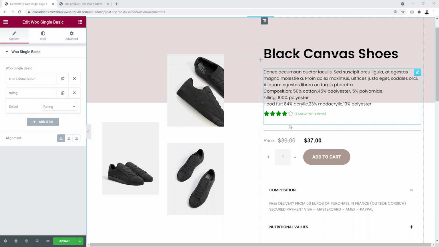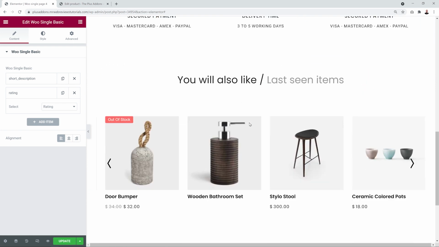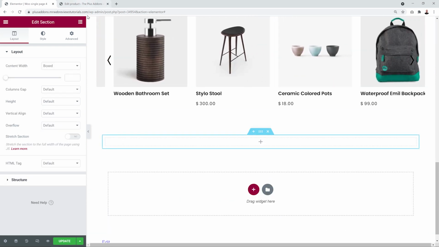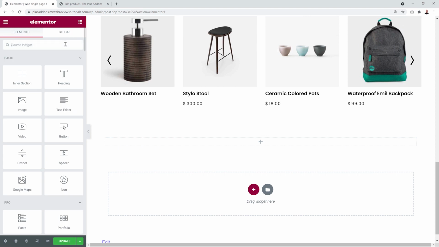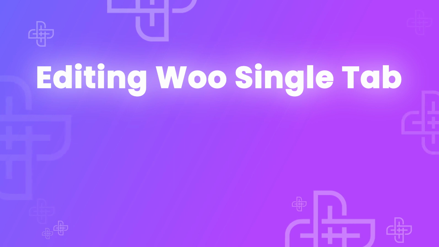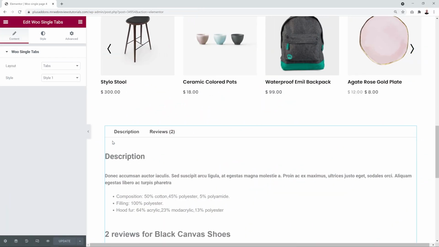Now, in relation to our rating here, in order for your customers to leave a review, you will have to add a review section, a review box. So let me show you how you can do this. So if you scroll down your page and add a new section here, maybe 1 column only, and you go into your elements and you look for Woo single tabs like this one here, drag and drop it. And as you can see, we now have description and